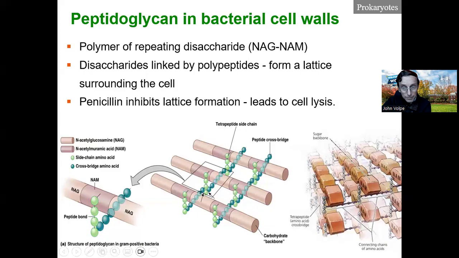So there will be a hole in the cell wall here, and then the cell membrane can protrude out of this hole. And then water can move into the cell, and the cell membrane will just protrude further, sort of like blowing a balloon up in a box that has a hole in it. The balloon will protrude out of the hole. And you keep blowing the balloon, eventually the balloon will pop, not where the balloon is protected by the box, but where it's expanding out of the hole. And that's what will happen to a cell when penicillin